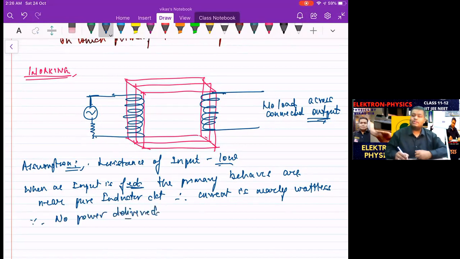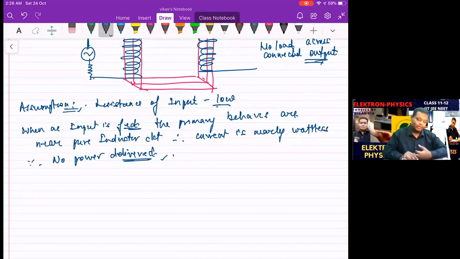Right? So wattless current does not deliver the power. That's what is happening exactly because the load is not connected. Now the load is supposed to be connected, of course, and then things are going to work. So what happens exactly right now over here? For explaining that,